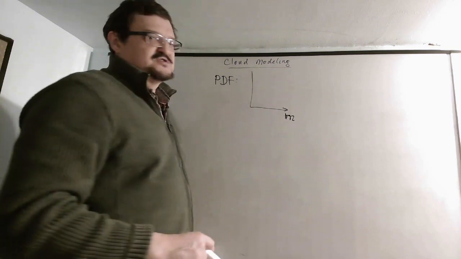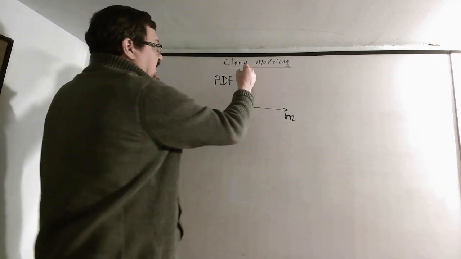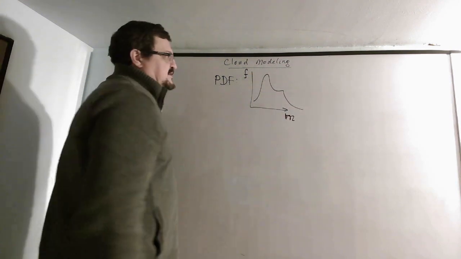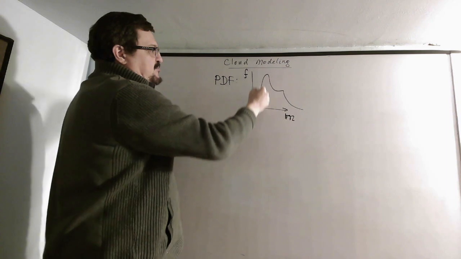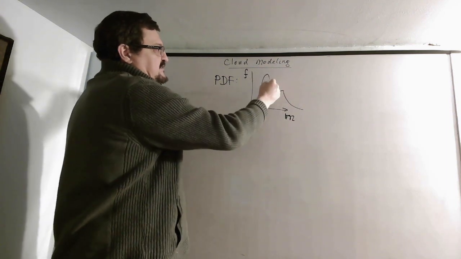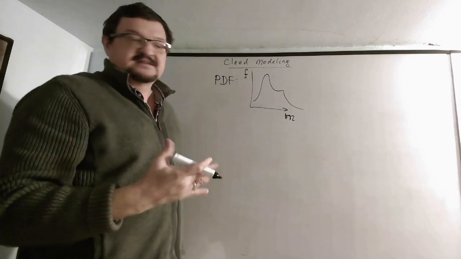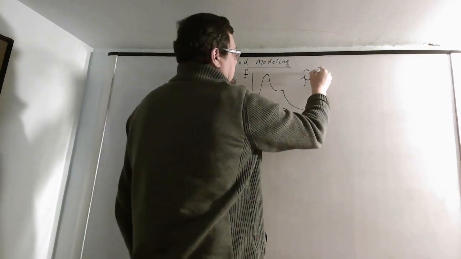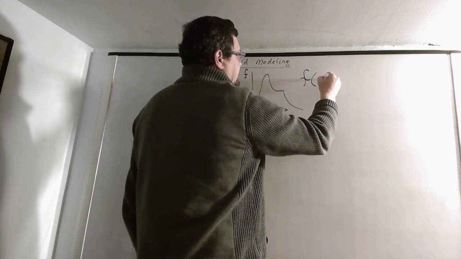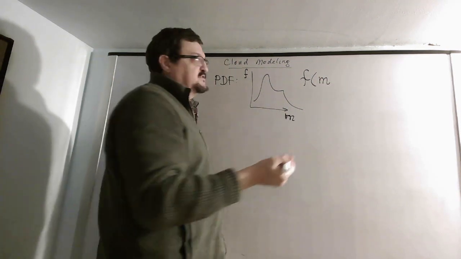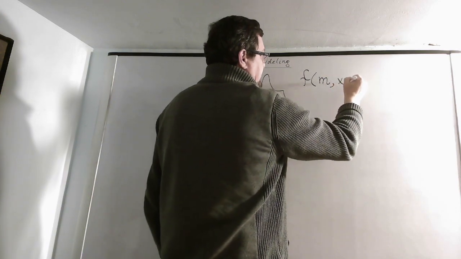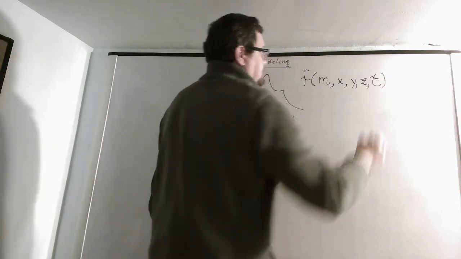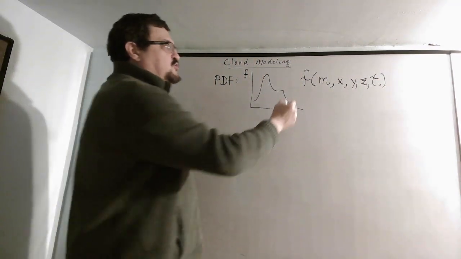So the easiest one people usually use is mass. And here you have this F. This is your probability, and then you have some spectrum like that. For small masses it can be cloud water, and this secondary peak can be rainwater, the bigger particles. So you have some size distribution, which is a function of radius or mass, and also, of course, a function of position in three-dimensional space, and a function of time. So this is your goal. You predict this